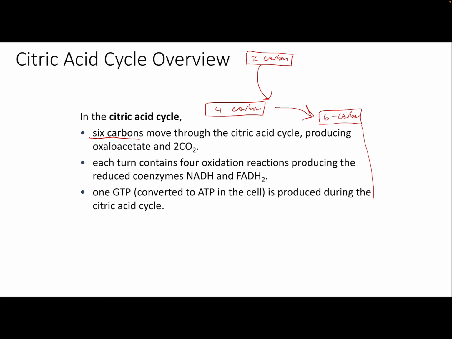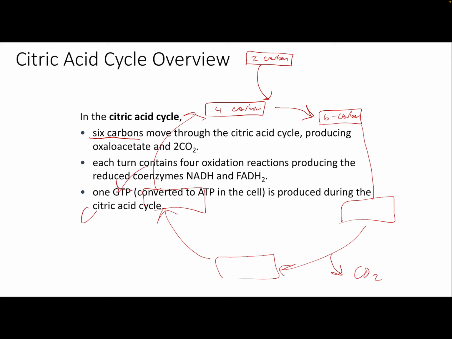And then as this goes through the citric acid cycle, we're going to be losing carbon dioxides along the way. And so that's how we're going to go from 6 carbons back down to 4 carbons,